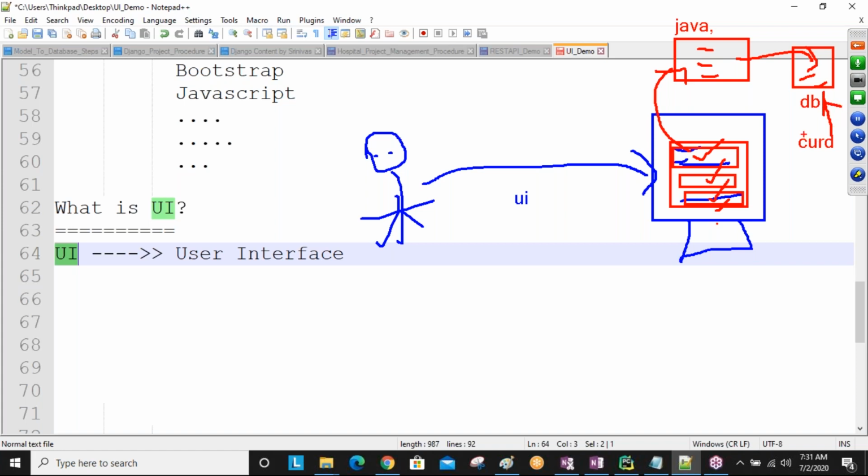But using CRUD commands means only educated people, the people who have database knowledge, can store the data into the database. But normal users, uneducated people, or any other people, all can easily enter data into the database via this front end technology. Understand this one?